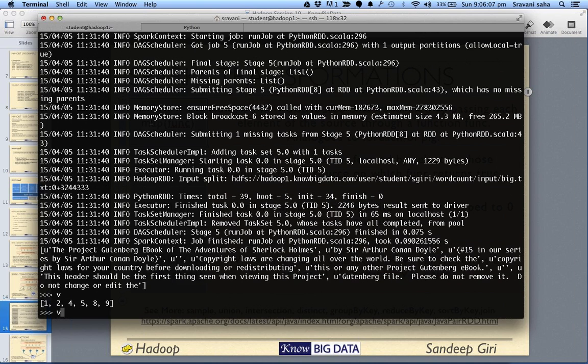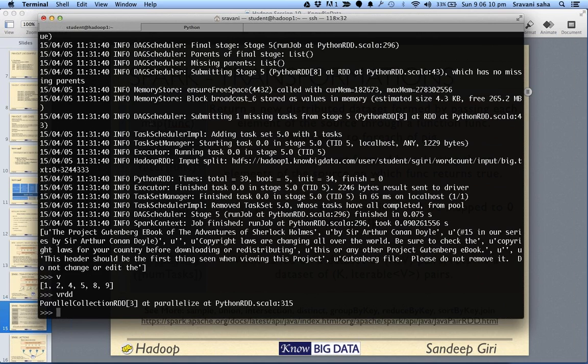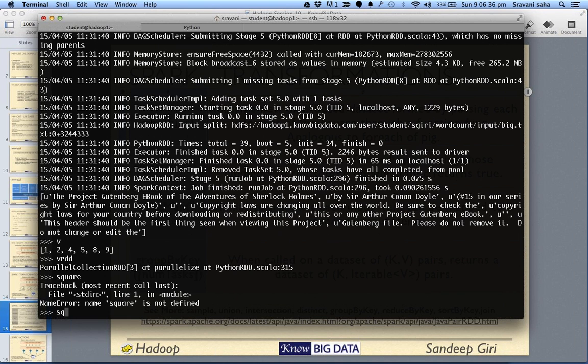We talked about V, right? And we said there is something called VRDD, which was the representation of our V in the form of an RDD. Now let's say we define a function called cube.